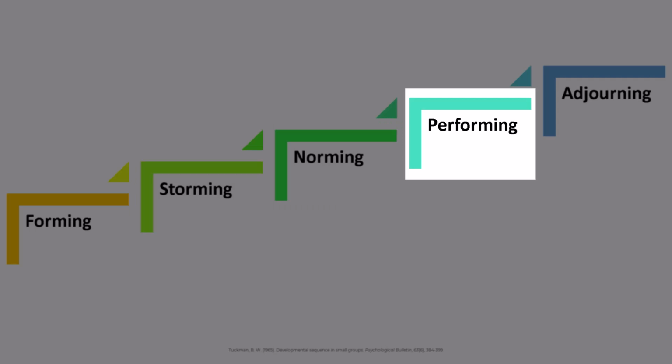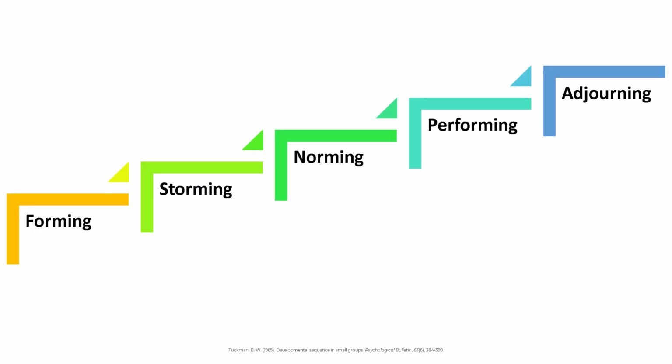structure, performance, and dissolution. Tuckman said group performance at any stage can be measured by what it does, how it does it, and what its members think and feel about both. A decade after the original theory was published, the author argued for a simpler model of just 3 stages: storming, norming, and performing, but the original theory still lives on. Let's take a closer look at each stage.